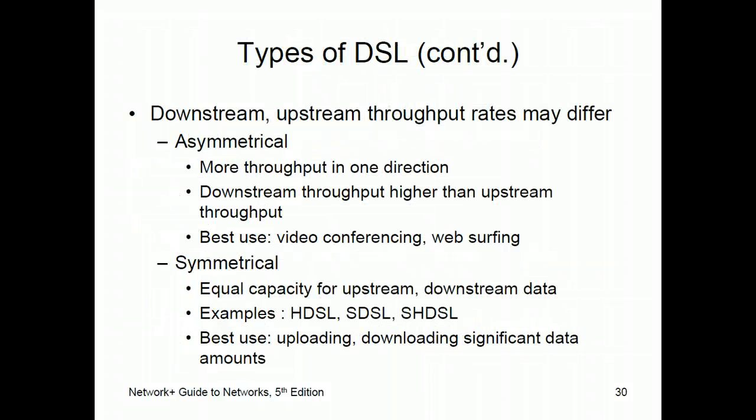Downstream and upstream throughput rates differ depending on your connection. If it's asymmetrical, you get more throughput in one direction, like downstream throughput higher than upstream. Best use for this one would be video conferencing and web surfing, which most end users use at home, right? That's what people do. The latter, symmetrical, is more for upstreaming. It does have downstreaming as well, but examples for this are